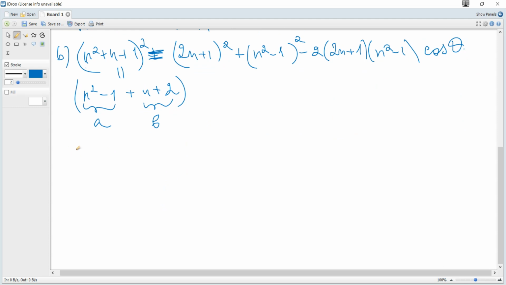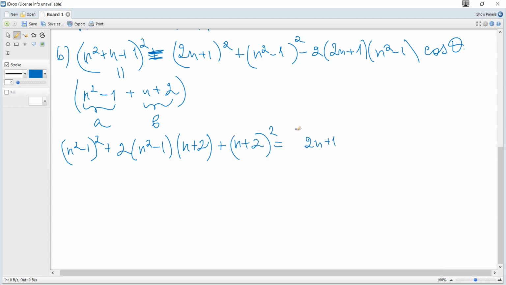And hence we get n squared minus 1 squared plus 2ab, so 2 times n squared minus 1 times n plus 2, plus b squared, n plus 2 squared, is equal to 2n plus 1 squared plus n squared minus 1 squared